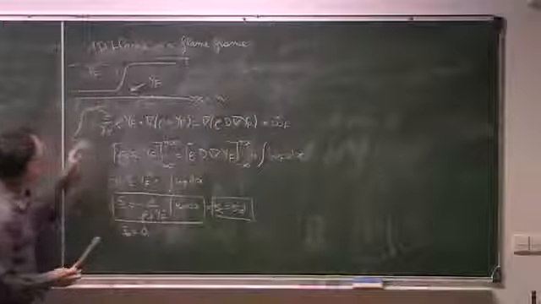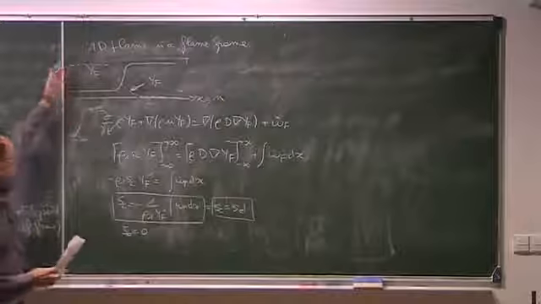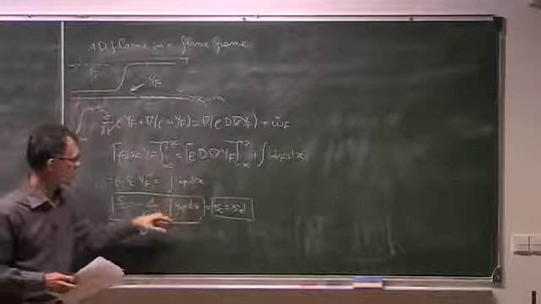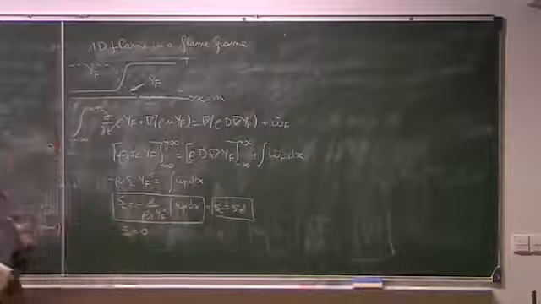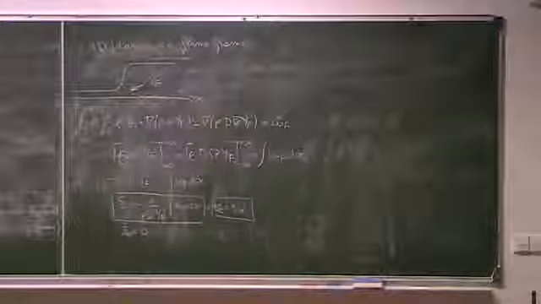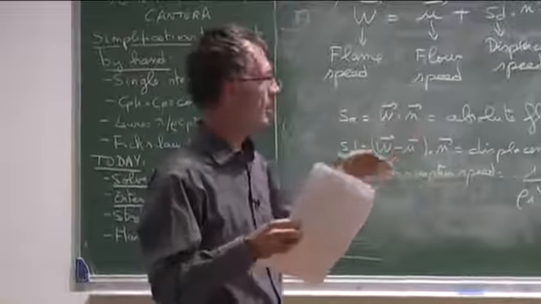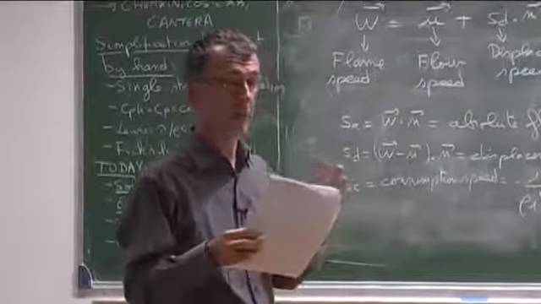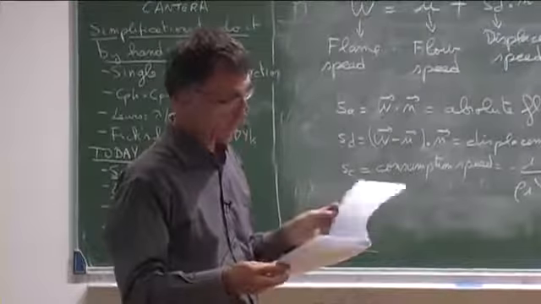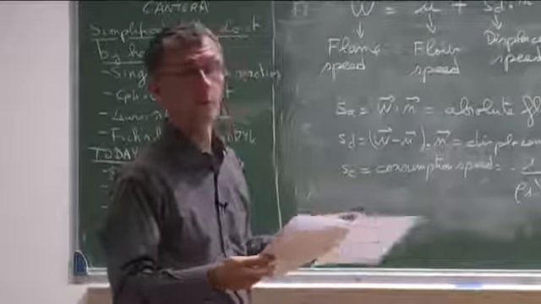The speed at which the flame is moving, which is equal to the speed at which the gases are entering the flow here, is exactly equal to the consumption speed, just because of this equation. So you don't have to worry when you talk about a laminar flame. If it's unstretched, premixed, 1D, all the speeds are equal. But it's the only case where this is true. And I'm going to show you now examples where things get, let's say, more complicated.